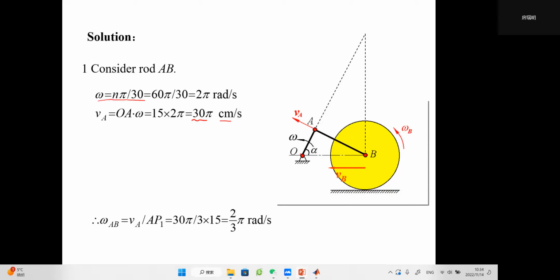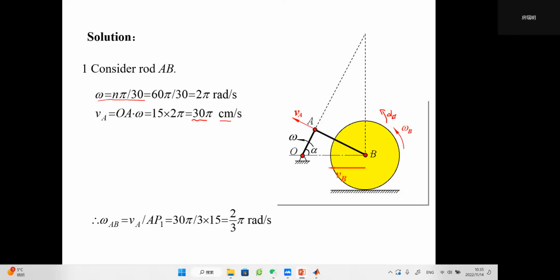So if OA rotates around point O in this CCW direction, it has a force from A along the BA direction. So this wheel will move from right to left. Actually, it also has a CCW angular velocity. So we can assume that alpha B, its angular acceleration, can also be assumed along the same direction of omega